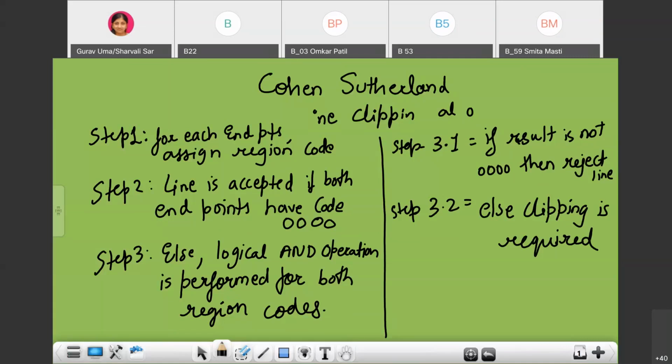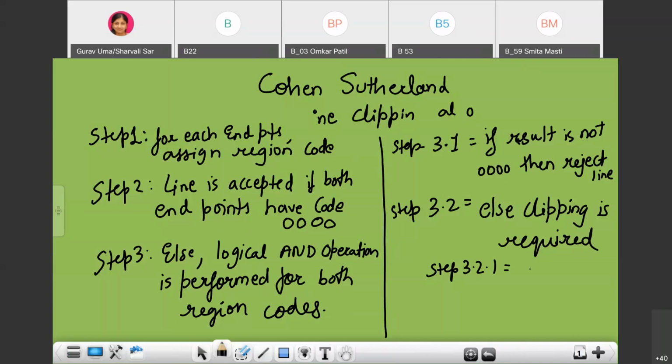Now if the clipping is required, what will be the next step? Then I will name the step 3.2.1. If clipping is required, the next step is to find the intersection point of the line.